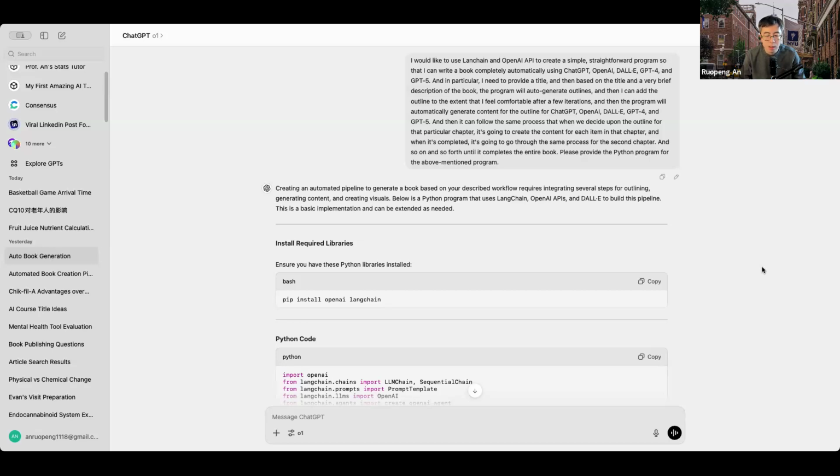And while $200 is a very high price tag for most ChatGPT users, it is important to know how well the O1 model performs in comparison to the O1 preview and O1 mini models.